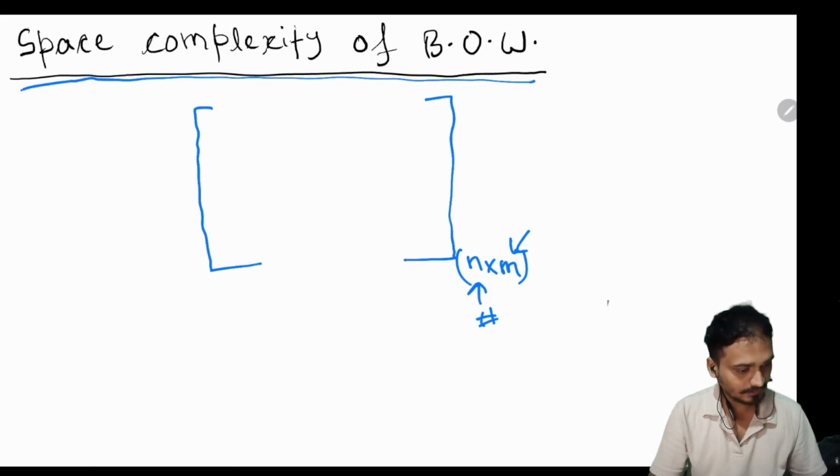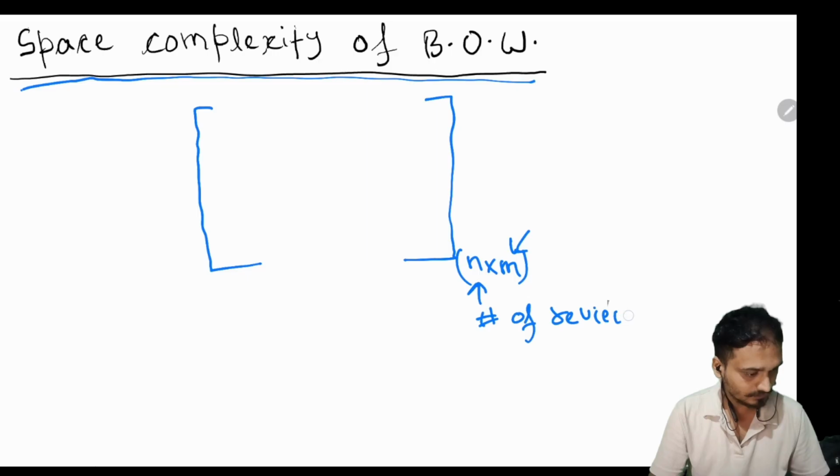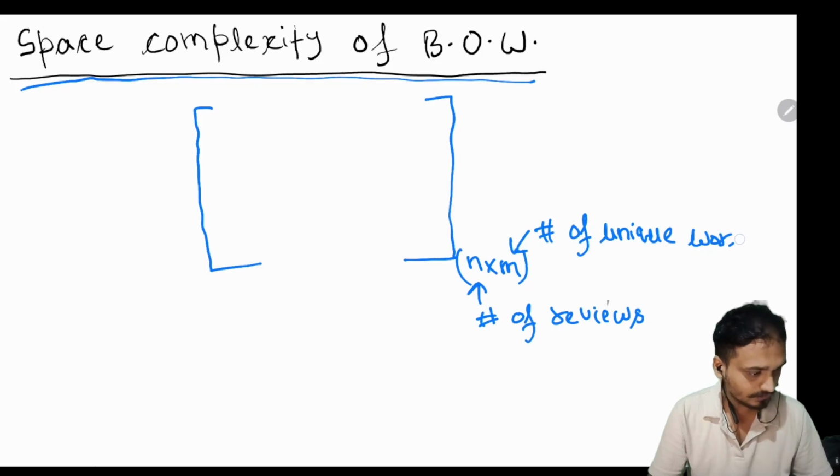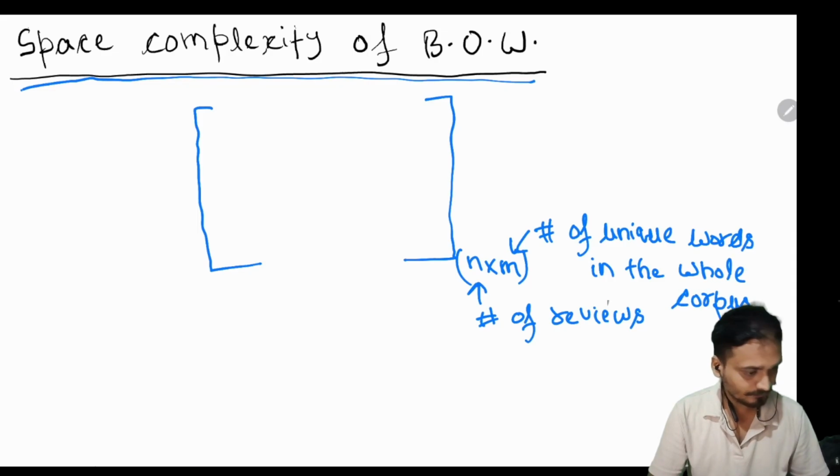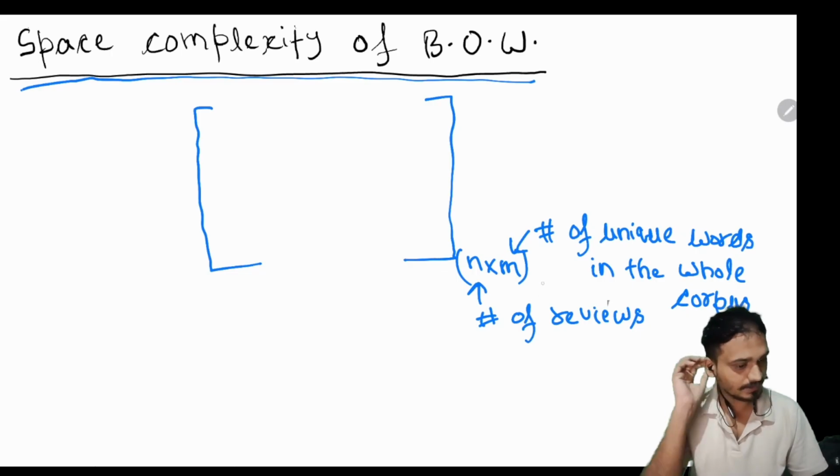Let's write it: number of reviews. So this is n, and m is number of unique words in the whole corpus. So this will be the m,